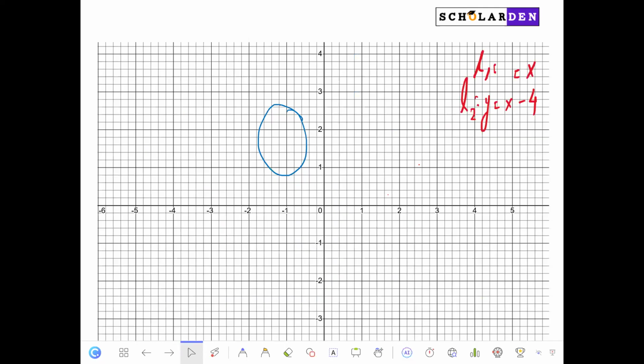So the first line is this particular line, y is equal to x. We are supposed to plot the line y is equal to x. So first, let's not concern ourselves with the second line. Let's first just look at y is equal to x. For this, the simplest thing is